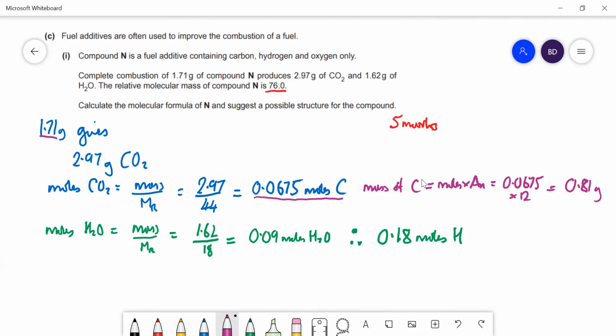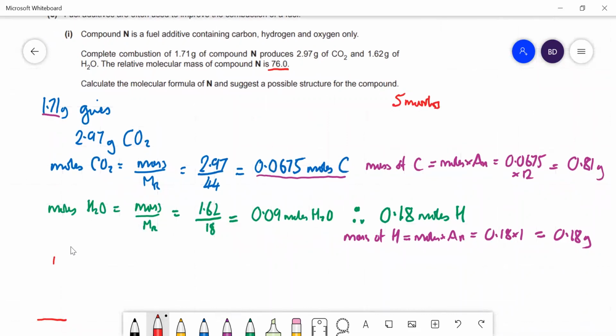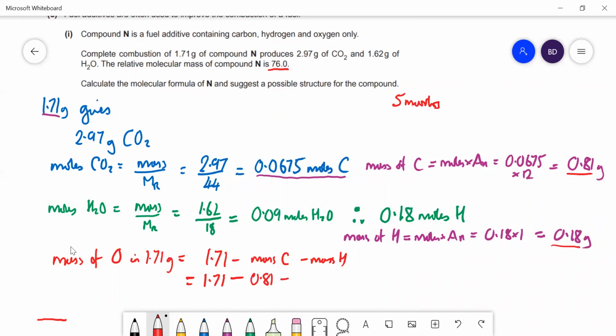Let's do the same for the hydrogen now. So the mass of hydrogen we've got there in the 1.71 grams is equal to the moles times the Ar. So that's 0.18 times 1 for hydrogen atoms. So that's 0.18 grams. So let's now work out the mass of oxygen in 1.71 grams. So mass of oxygen in 1.71 grams is equal to 1.71 minus mass of the carbon minus mass of the H. 1.71 minus 0.81 for the carbon, 0.18 for the hydrogen. That comes to 0.72 grams,